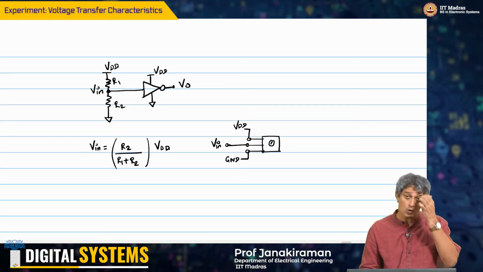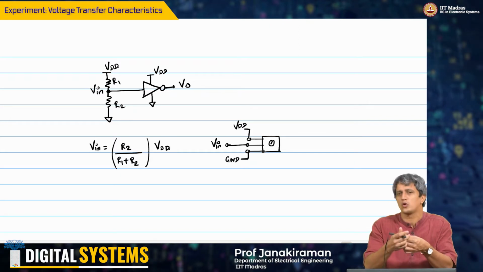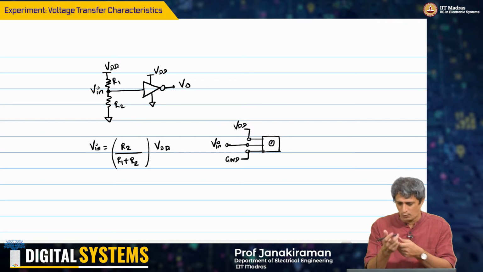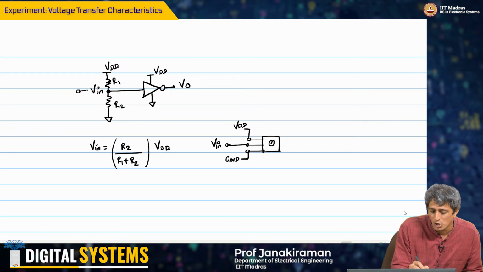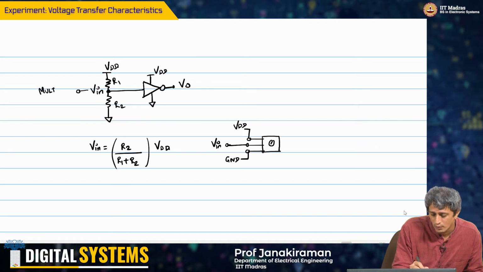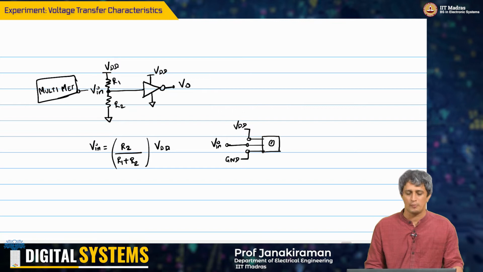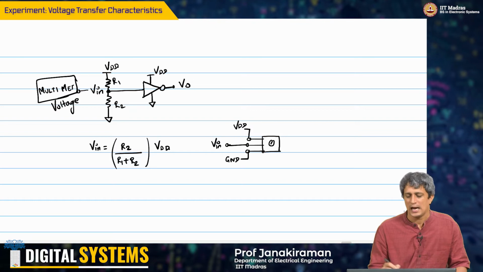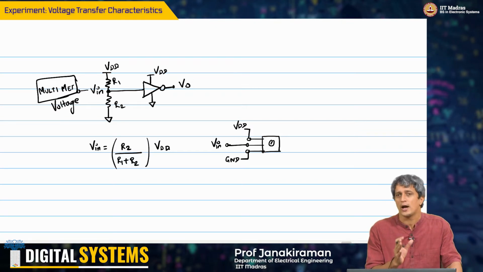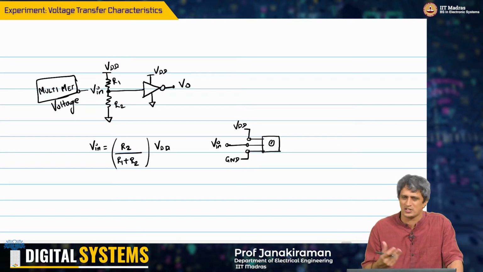And of course now I need to also measure Vn, because by changing the screw I do not know how much the resistance is changing. So what I am going to do is feed this to your voltmeter or multimeter, which is going to measure a voltage for me, okay. And now assuming that you have only one multimeter and a kit, like the ADALM 1000 or something like that, or some other